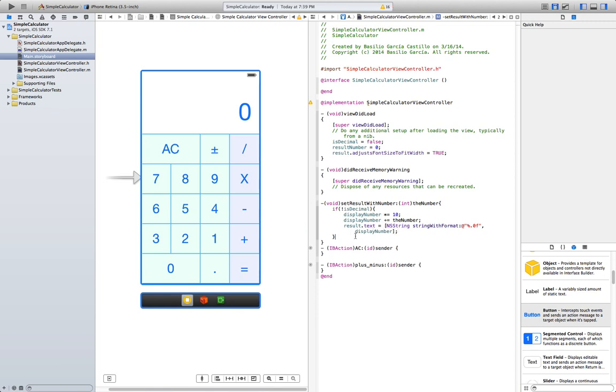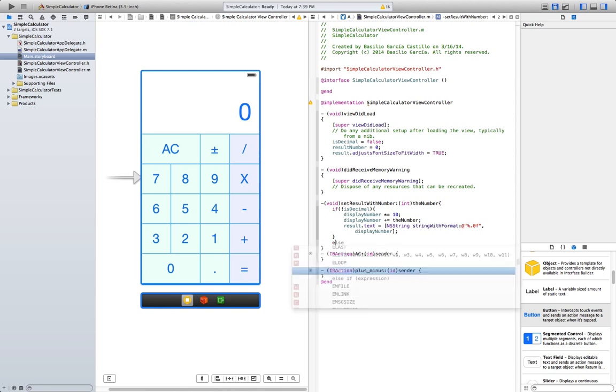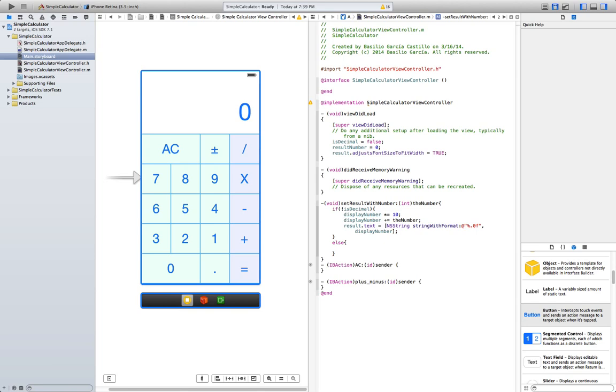Now else, so if our number is actually decimal, the only difference is gonna be we're not multiplying by 10 and we're using, let's say, 2 decimals.